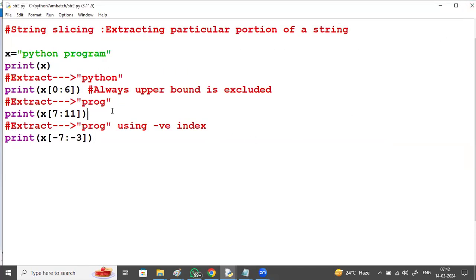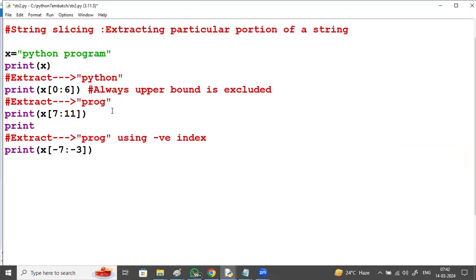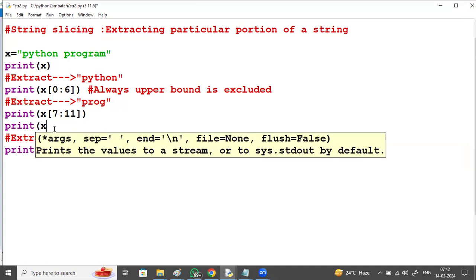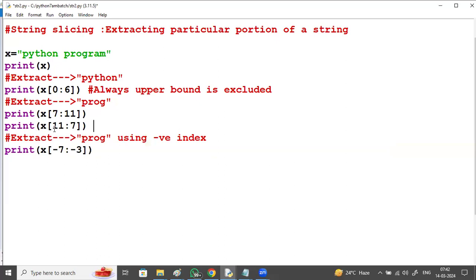If I say 11 to 7, 7 to 11 is PROG. If I say X of 11 to 7, what do you get? Observe, you will get an empty string here, because